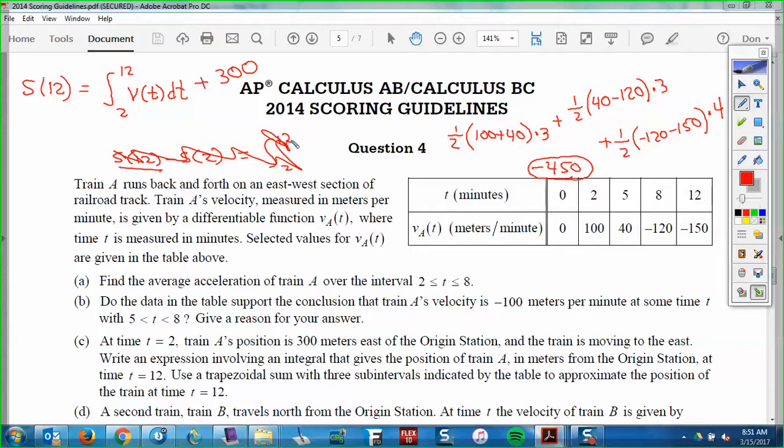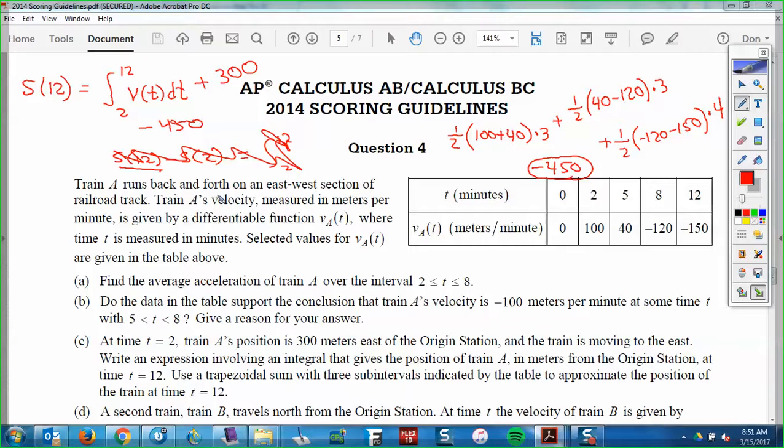It went back west. So it went back past this, well, yeah, we can get to that in a second, but it went back west. Over those 10 hours, it ended up going west 450 miles. Now, we know it looks like it went east for a while, and then it went back to the west, right? But it ended up a net west distance of negative 450. Now, where it had started, it had started 300 east, but it went a net of 450 west, so it